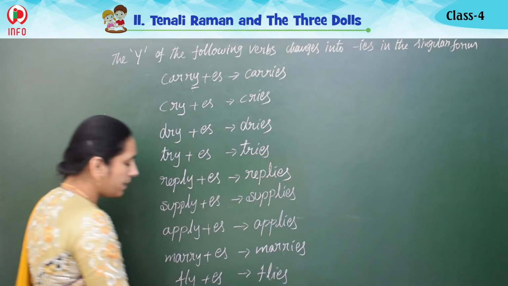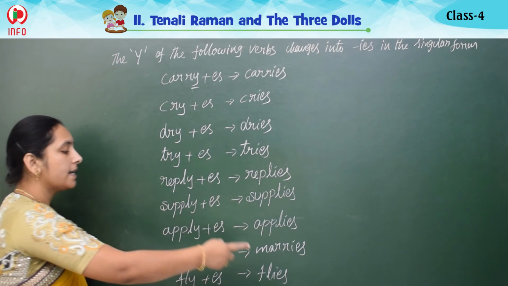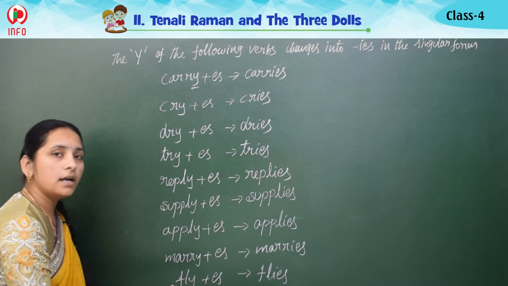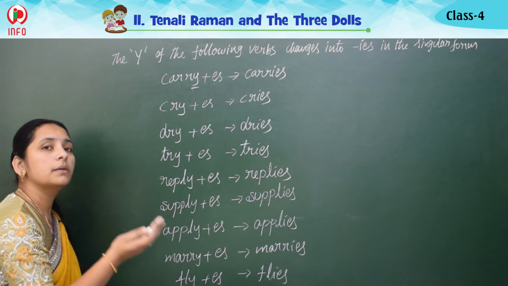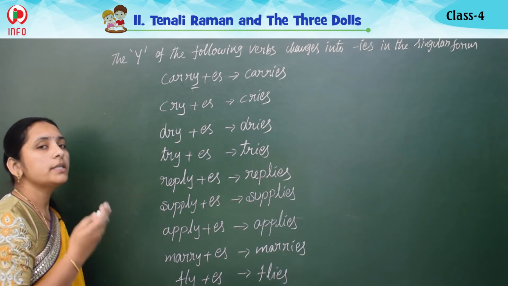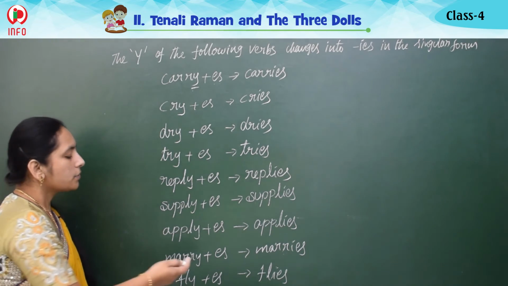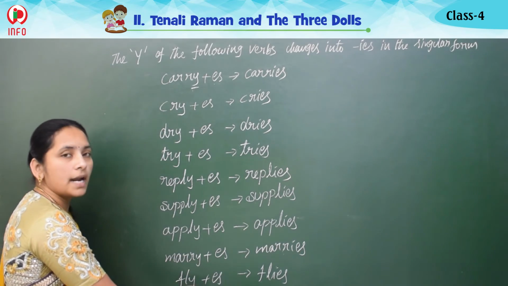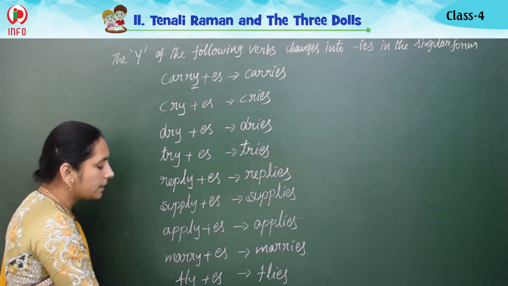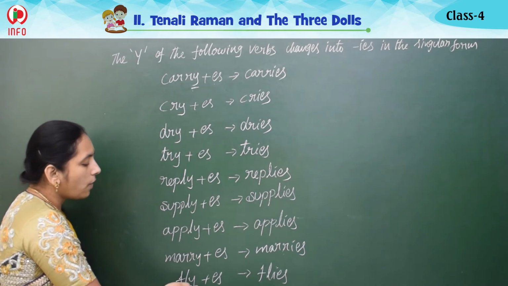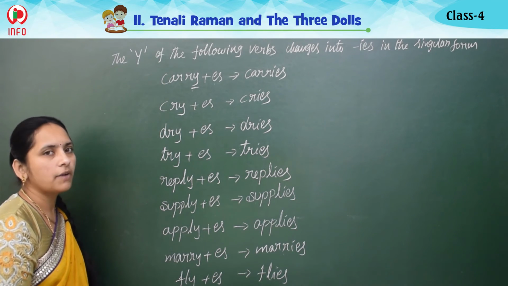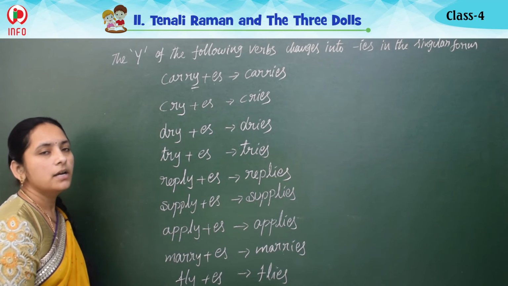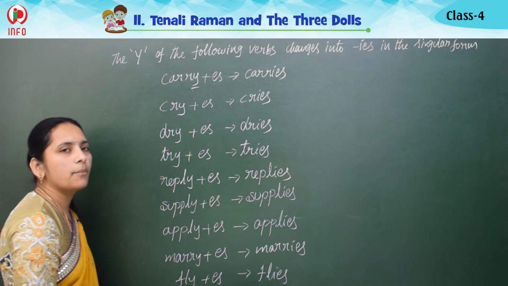Flies. Fly: when you write y, you are writing, but flies means IES. Why? Because when we write the singular form of the verb, the subject is singular. That's why we call it the singular form of the verb. So for a singular subject we should add S or ES. When ES is added, Y is omitted and in its place we get I in the spelling. Then it becomes the singular form of the verb.